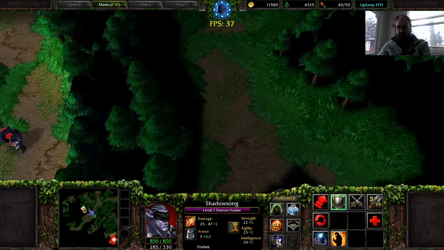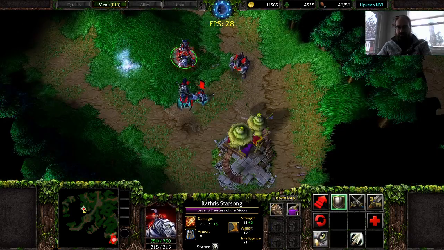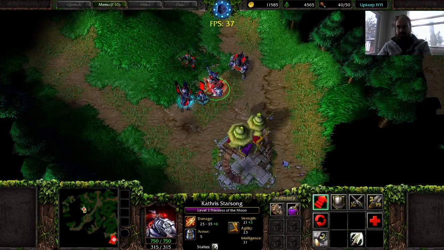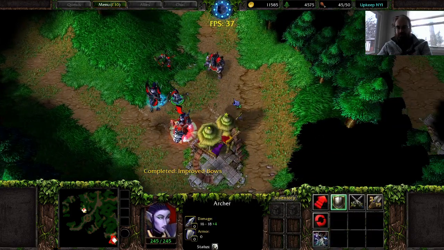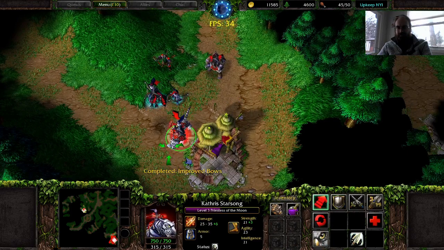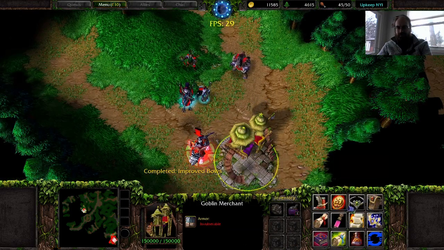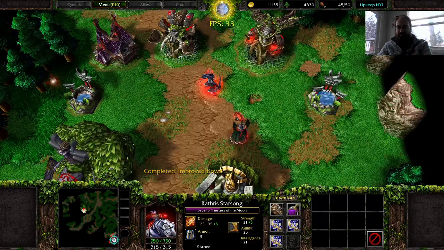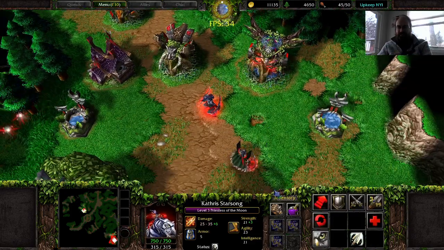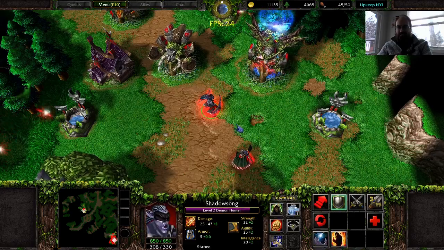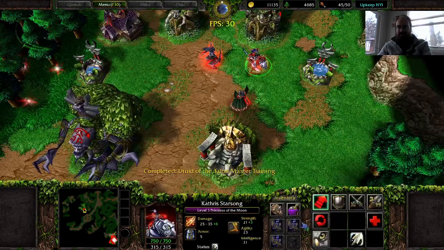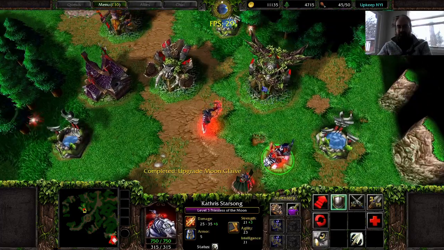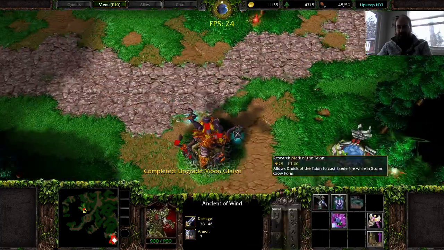So if I was really smart, because Warsmash doesn't put a time limit on some of these things, why don't I buy tons of Staff of Teleportation because there's no stock delay. Then I can teleport over here and start giving them away to the other heroes, which is kind of funny. This is something you could not do in Warcraft 3. You'd have to wait for the stock delays, but I didn't implement that.